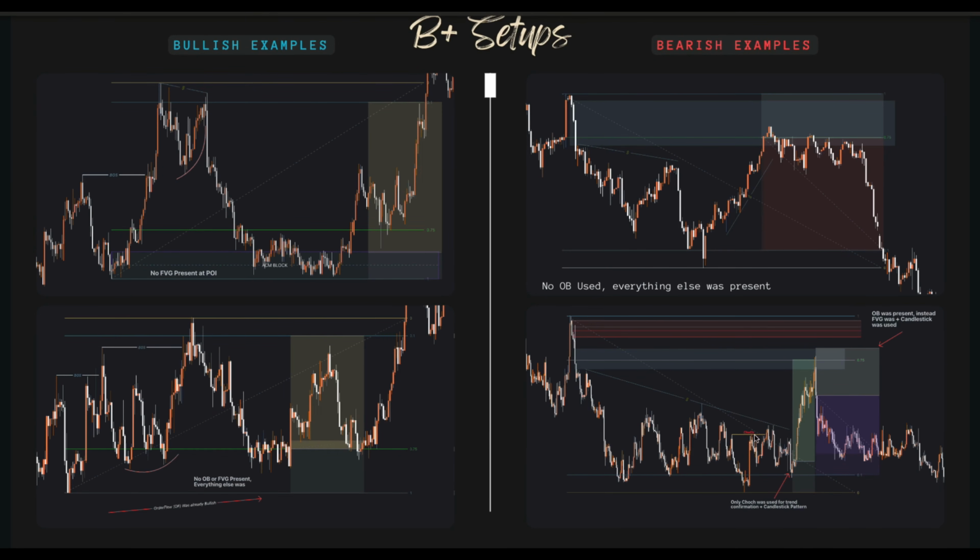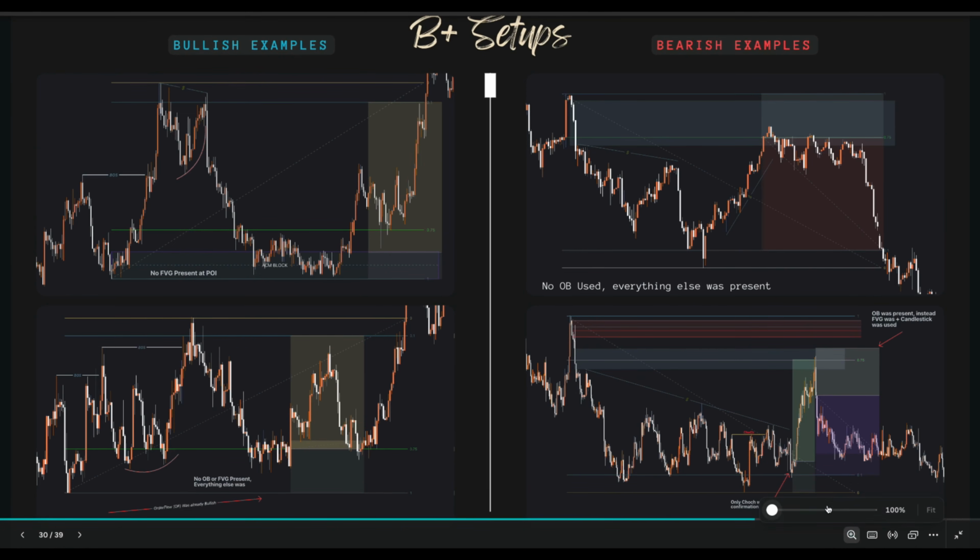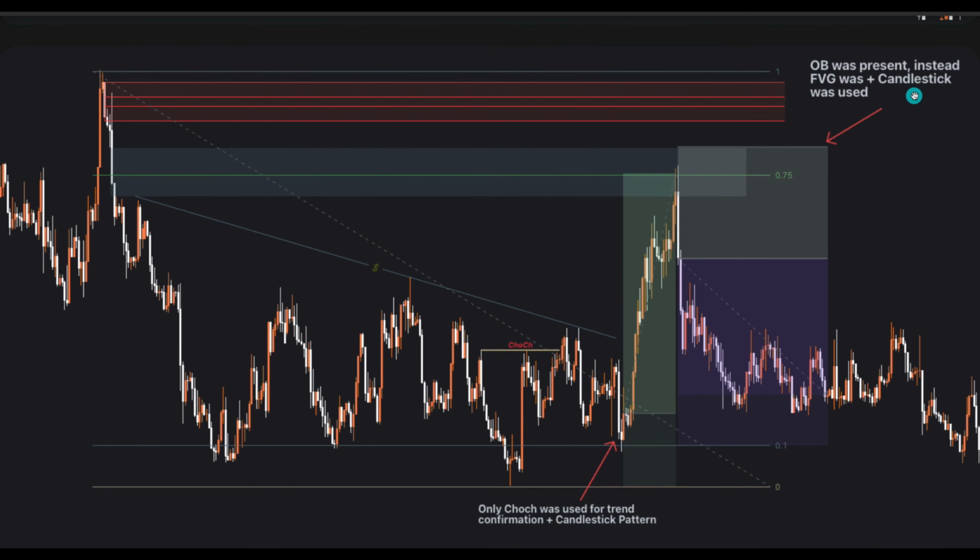Now, let me zoom in on this last one. I'm afraid you're not going to be able to see it very well. So, order block was present. Instead, fair value gap was, and candlestick was used as my entry. So, what do I mean is,